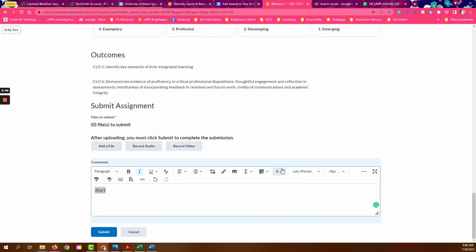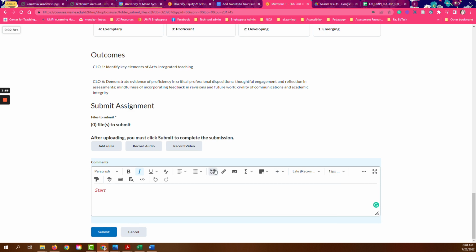I can add a table, or with the little plus button, I can add a divider or a symbol if you happen to have a special character like a tilde in your name, or you can add an emoji as well. But what I really want to look at is where some of the fun stuff is